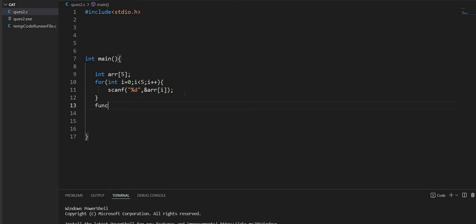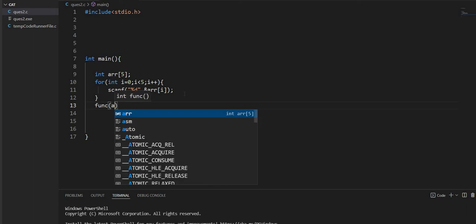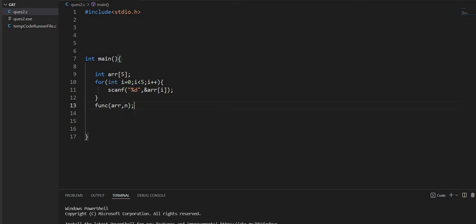Let the function name be func, which will consist of parameters: the address of the array and the size of the array. Here the size is 5, so we can replace it by 5. Now we need to print whether the particular student failed in more than 2 subjects or not. So we will make a while function